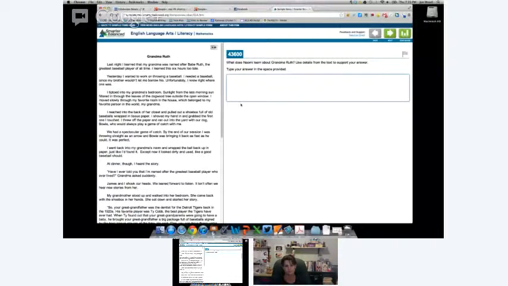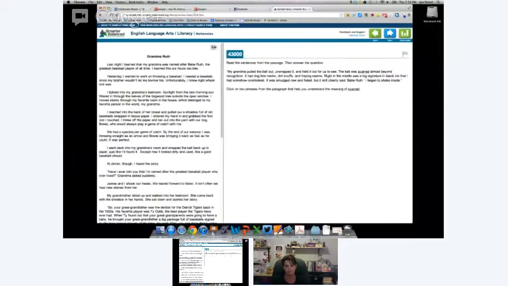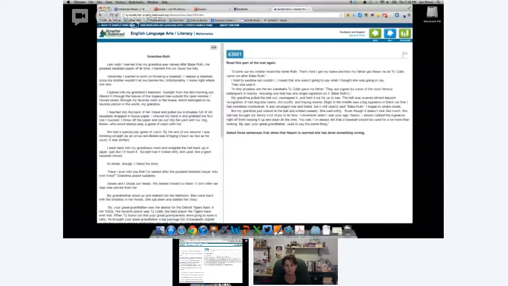Our kids have to have these experiences with technology, even if they're asked to just type in a box, because they have to be able to use the mouse to get to the box and use the keyboard to type out the words. And if we look through the questions here, they only get more interesting in terms of what you have to do with technology. So this one is the same passage. There's a question that they have to answer, but then it says, click on 2 phrases from the paragraph that help you understand the meaning of this particular word. So you actually have to go over here and highlight comfortably on that particular document. As we move ahead, they just get increasingly more challenging.